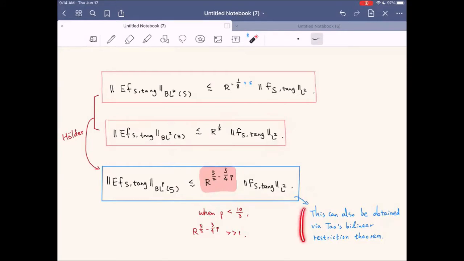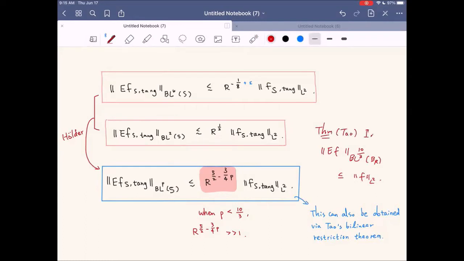The previous calculation can be replaced if we also do Hausdorff's inequality using Tao's bilinear restriction estimate. He shows the bilinear version, in this case BL 10 over 3, BR is bounded by the L2 norm of F. So this is the theorem of Tao